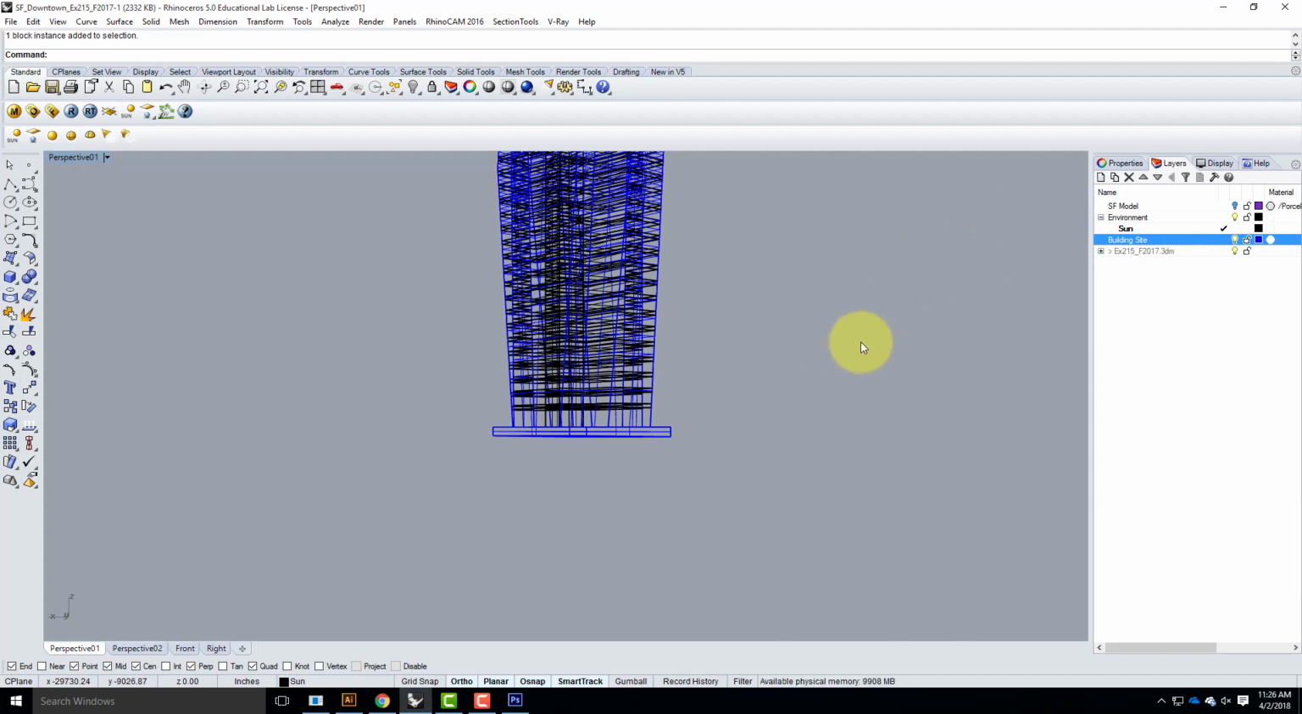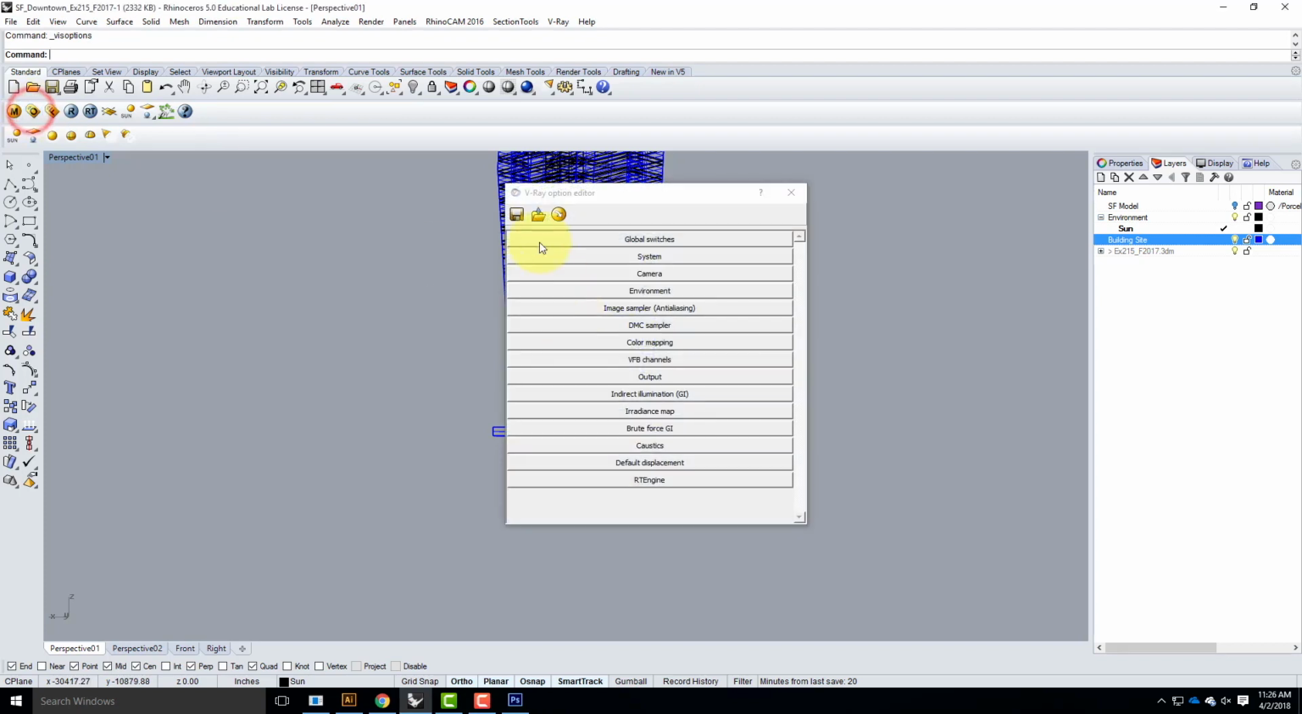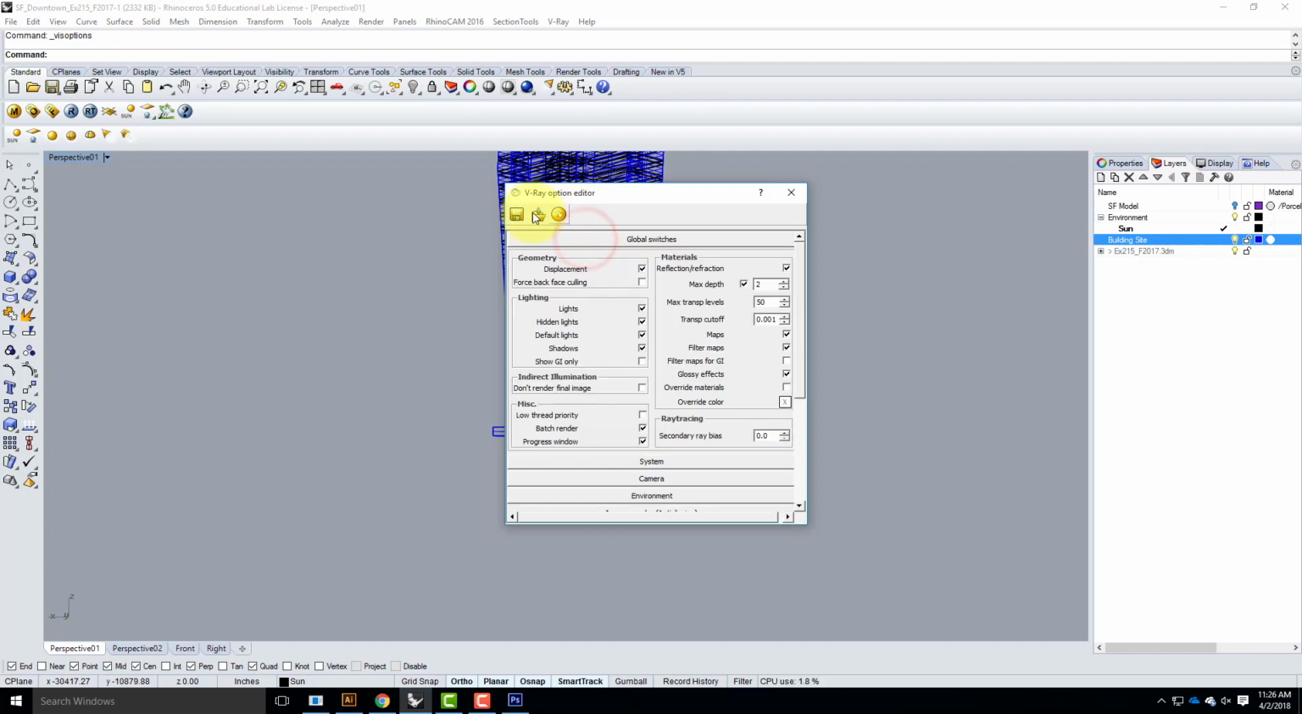When I bring in the HDRI as the background image, I'm going to do it by going to my V-Ray options. So I'll click on the O button of my V-Ray options toolbar, and that will bring up my V-Ray option editor. You don't have to do this, but I'm going to restore all the default settings. So I'm going to go back to my defaults